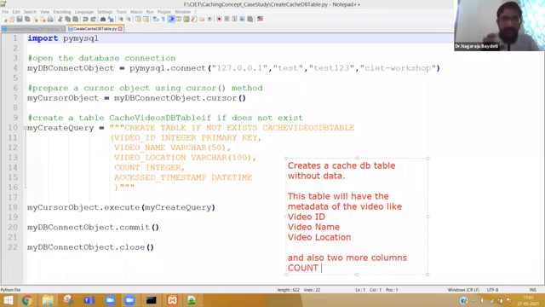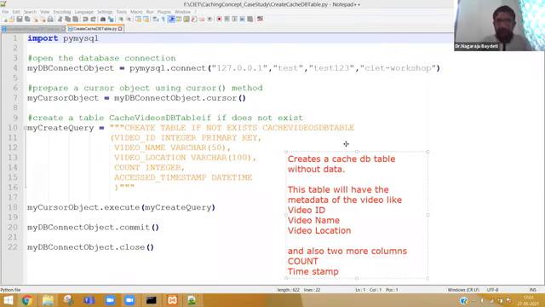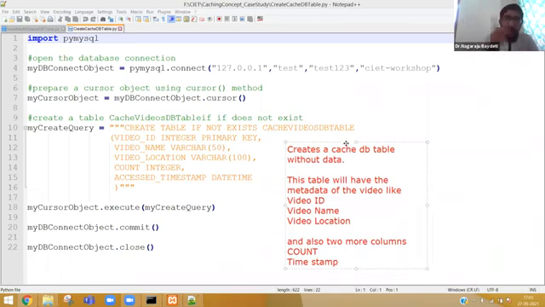How many times a video has been viewed, and timestamp. So we need to have 5 columns here. In the all videos table, we have only 3: video ID, name, and location. But in this cache table, you also need to have the count and when exactly the video is accessed, the real time at which it is being accessed.